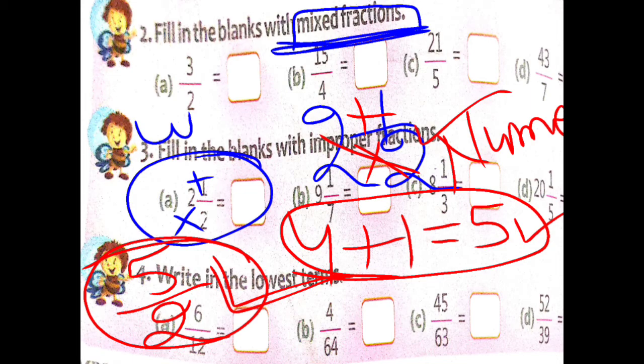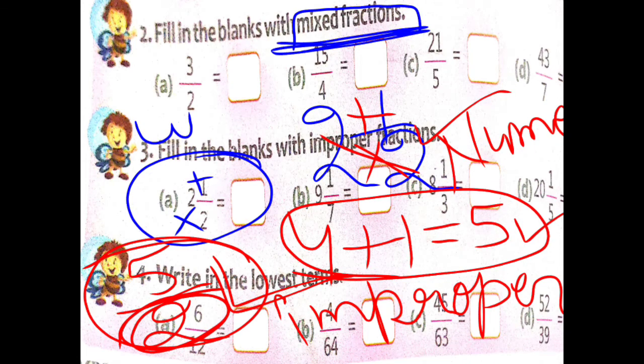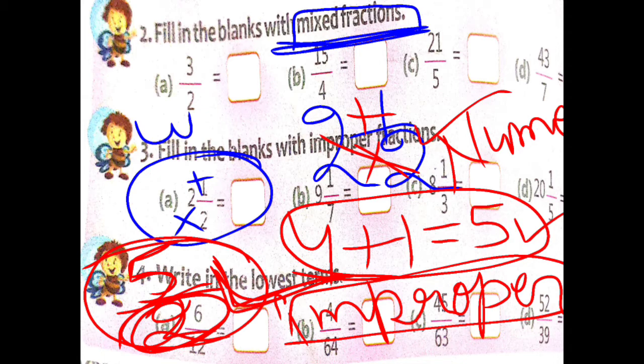It will become improper. Why? Here we are talking about whether this fraction is proper or improper. This is improper fraction. Why is this 5 upon 2 improper? Because in this, the numerator, that is 5, is greater than the denominator. That's why it is improper fraction. So in this slide I told you about mixed fraction and the resulting value as improper fraction. What is mixed fraction? A combination of a whole and a fraction is mixed fraction.